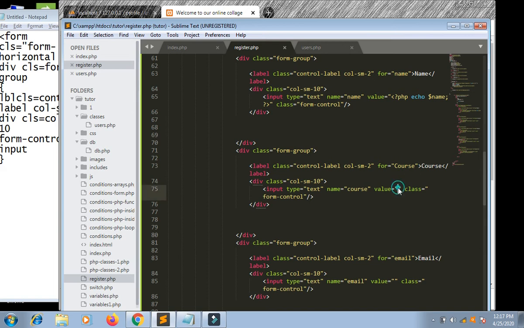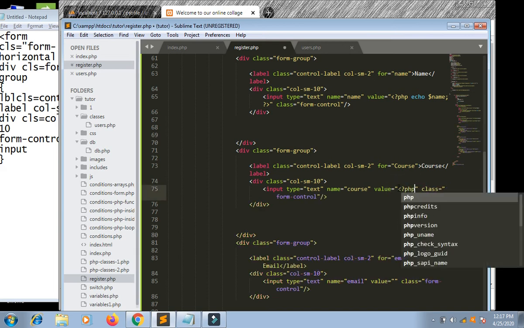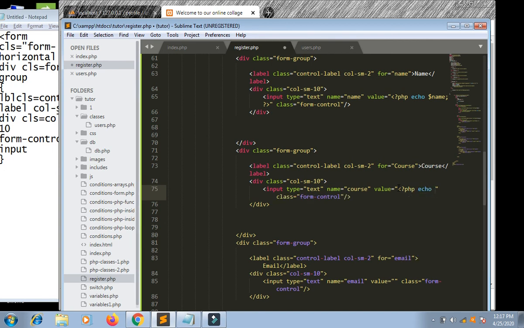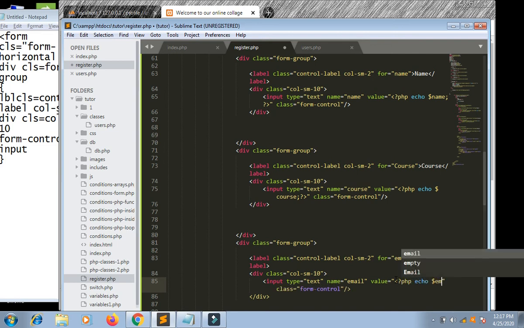we should write this value name, what, PHP echo $course name. Okay, $course name and what. Now for the email we have, what, PHP echo $email, right? And for the password,